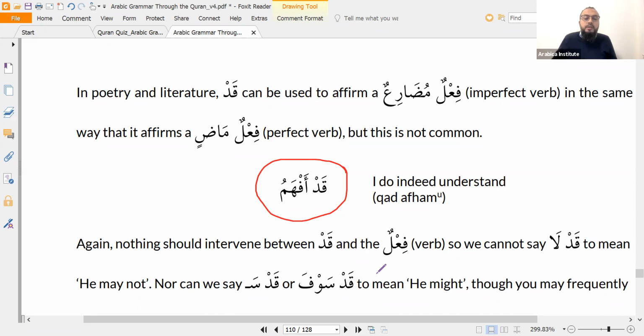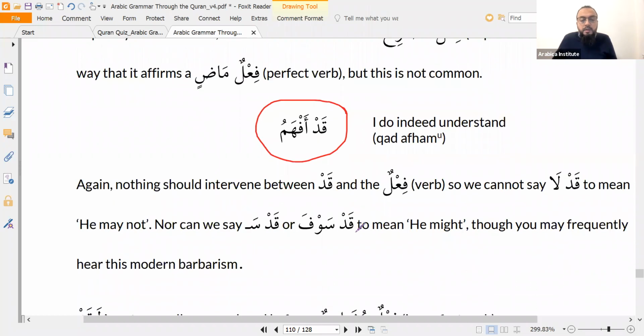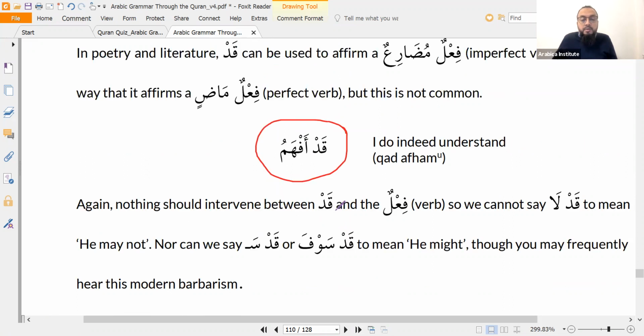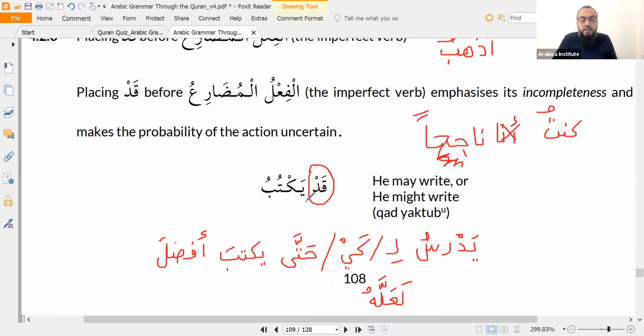So when you're reading the Qur'an, you'll see this usage where qad is used with an imperfect verb to mean "indeed." So we wouldn't use it in normal speech then. We would always follow it with a perfect tense verb if we use qad, if you want to emphasize. No, this is used in the perfect in ordinary speech. So qad yaktubu means "he may write." This is normal, this is not poetry. But we learnt it as qad sami'tu in one of the matrices, didn't we? We did the perfect already.